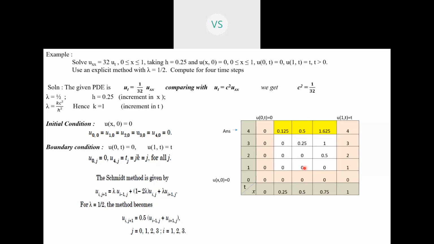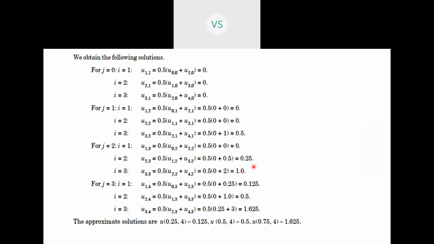So this is nothing but the explicit method known as Schmidt method. It is a two level method, as we are considering only two levels at a time. So you can see the solution in detail over here. In this way they are finding. I have explained it orally, but while doing the actual calculation, you have to go by this way. You can refer to it afterwards, but this is the way in which you have to solve it or obtain the values.